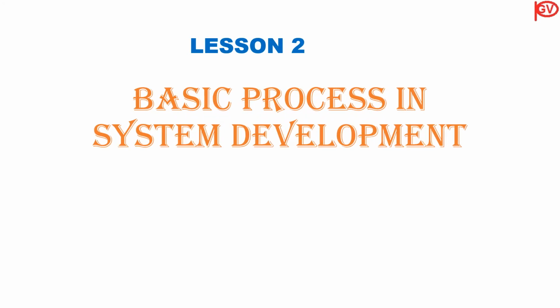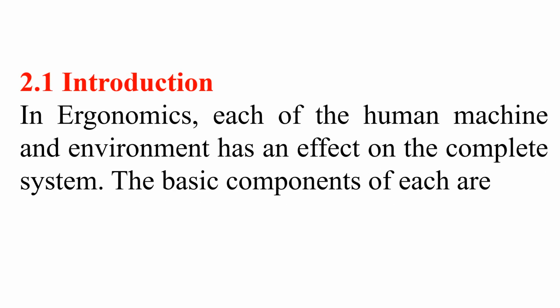In lesson 2, we will study basic process in system development. In ergonomics, each of the human, machine and environment has an effect on the complete system. The basic components of each are: